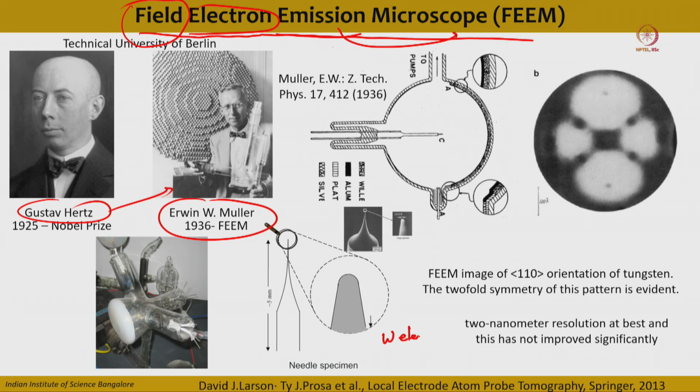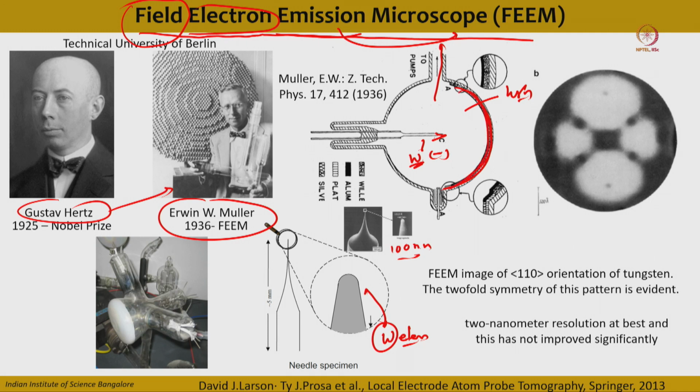What he did was take the element tungsten and sharpen it into a very sharp needle, approximately 100 nanometers. This is the schematic of the setup he used. This is a tungsten tip, a very sharp tip of around 100 nanometers. This is the phosphor screen. It was done under high vacuum, and a very large negative potential was applied on the tungsten tip, due to which at the phosphor screen